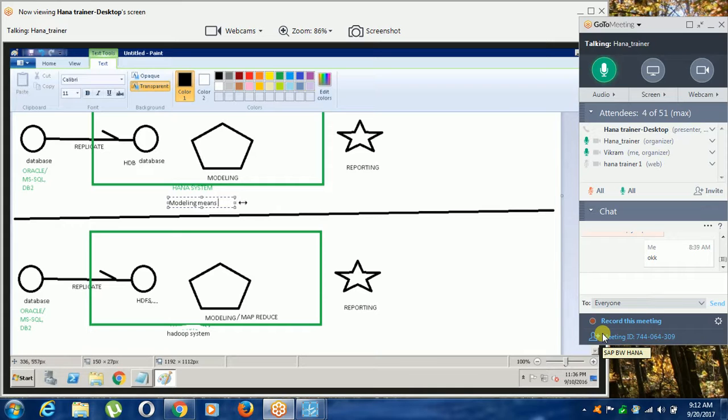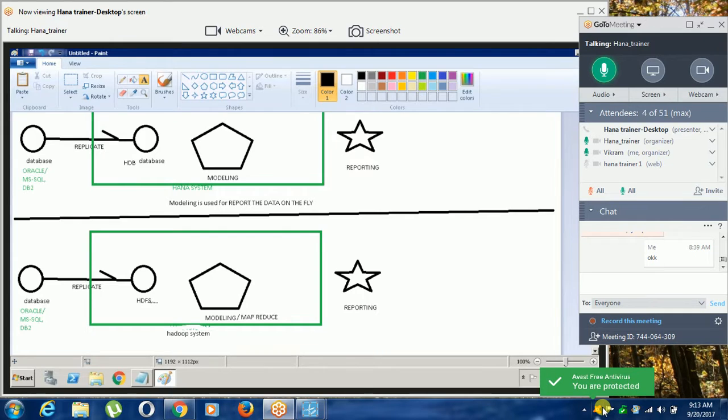Modeling is used for reporting, to report the data on the fly. That's it. Fly means? On the fly means without storage, in real time.